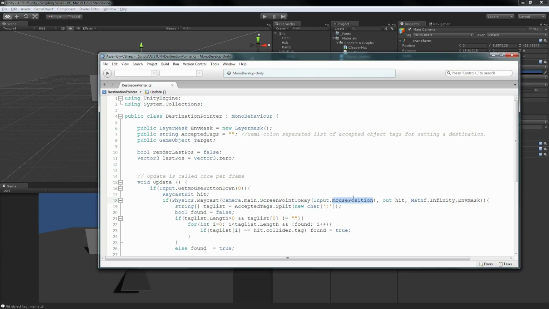Input.mouse position is what I went with, and it's a vector 3 for some reason. I always think it's going to be a vector 2 because this is a two-dimensional plane, the game view, but it's always a vector 3 for some reason. So there is a Z. I don't know why there's a Z, but it will create a ray, which is